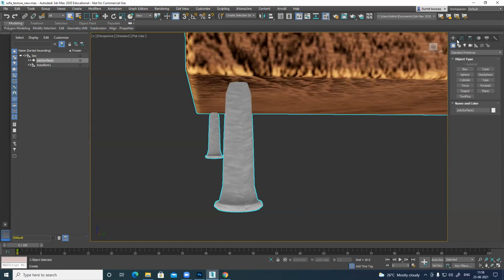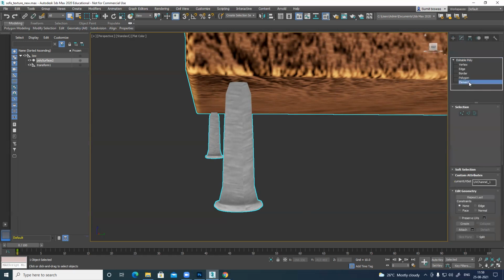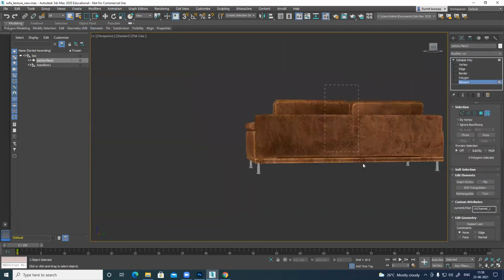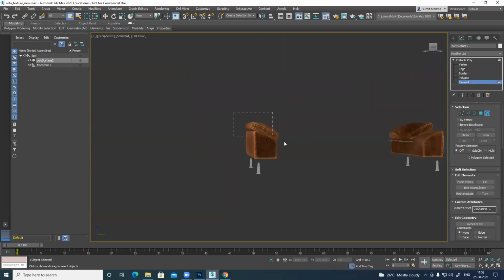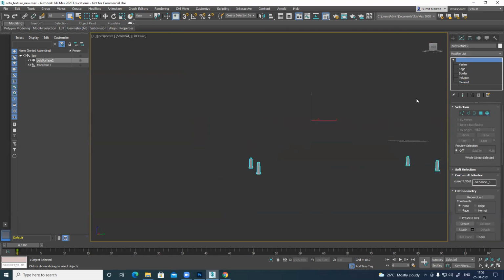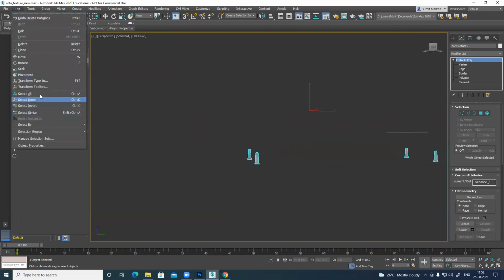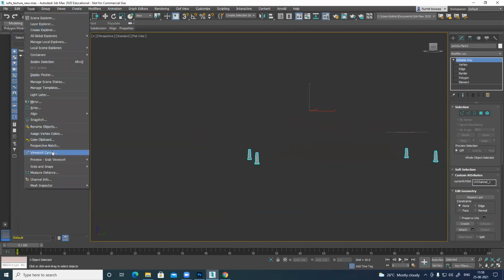So now I can see this one. My file is already saved and everything. So what I'll do is go to element mode and delete everything. I need to fix this one only. So just keep this, and now I'll go to viewport canvas again. This we can do in Photoshop also, but aligning in Photoshop is very difficult because those have lines. If it's a flat color, it doesn't matter because it won't generate any seam. But if there's a texture or a detail, then it will generate a seam.